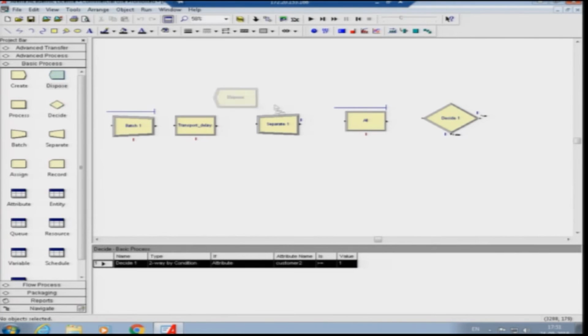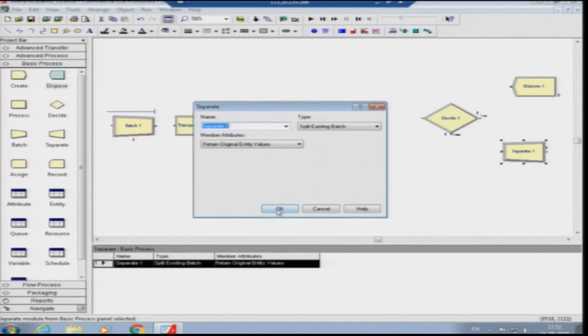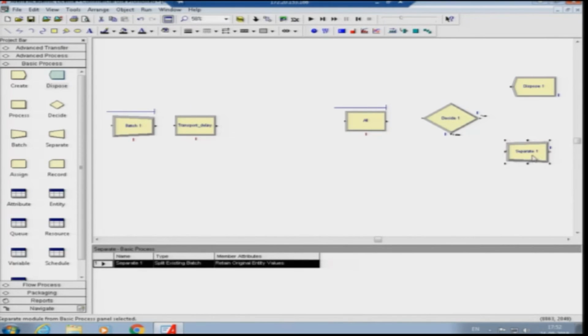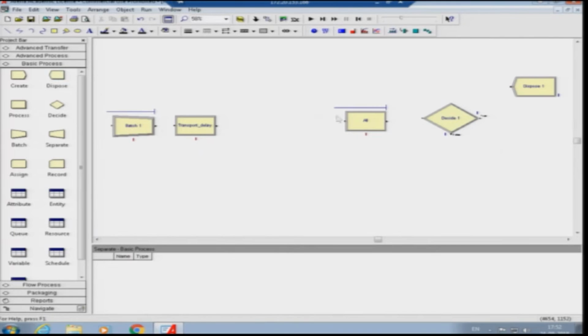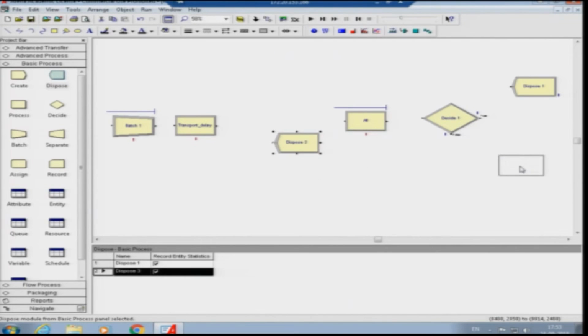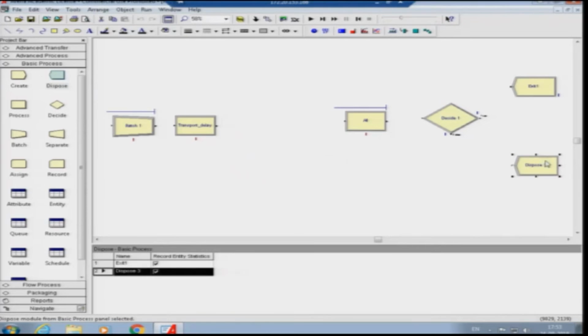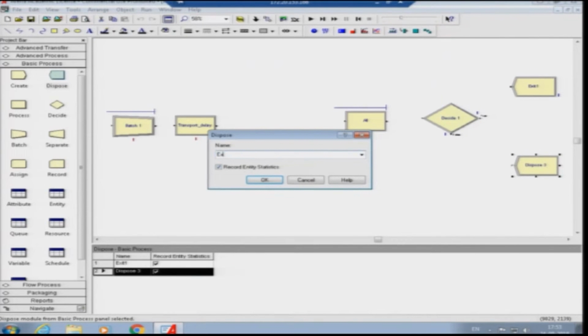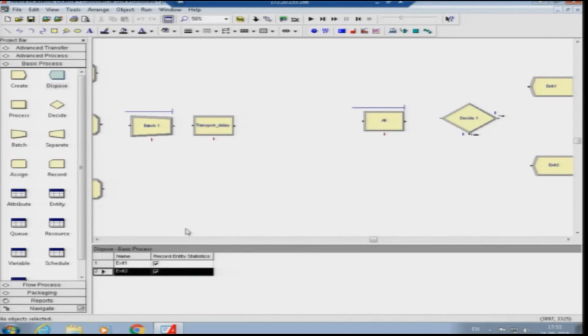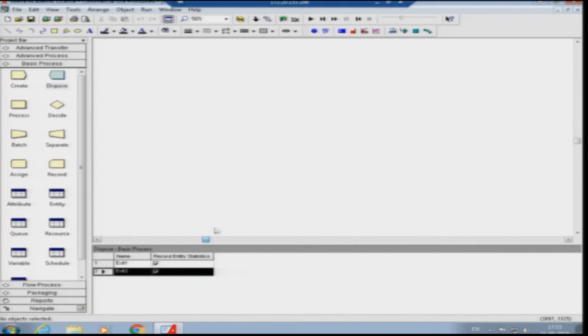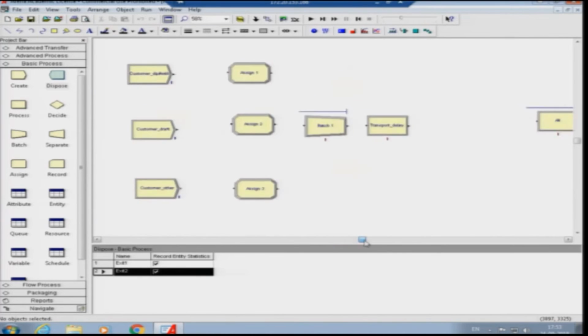Then we would use two different dispose nodes. We will give the names as exit 1 and exit 2. Now we will join these nodes again.